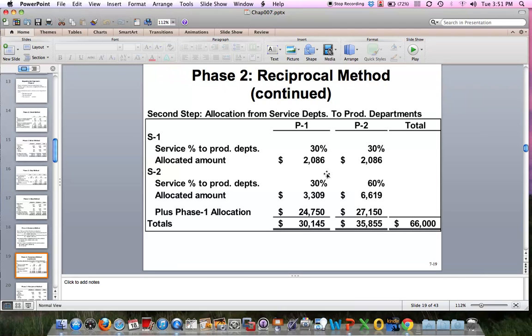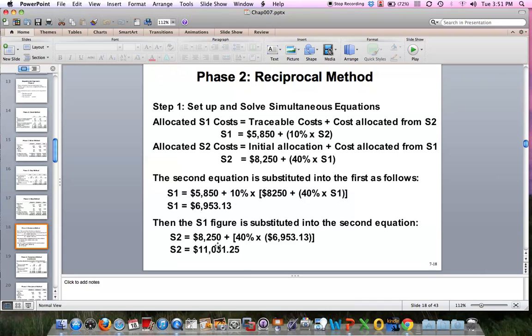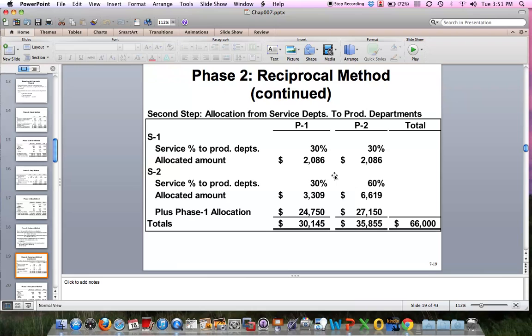And then the service numbers, the 3309 and the 6619, it's 30% of 11,031 and 60% of 11,031. And if I go back to the previous slide, that's my 11,031. This PowerPoint doesn't show that very well, but you'll see those numbers in Exhibit 7.8 on page